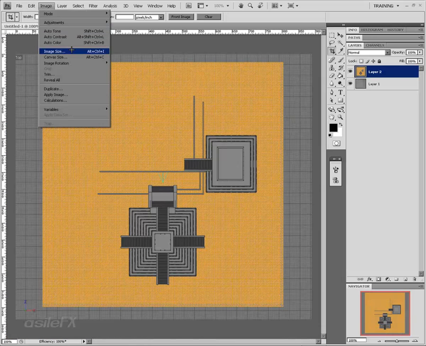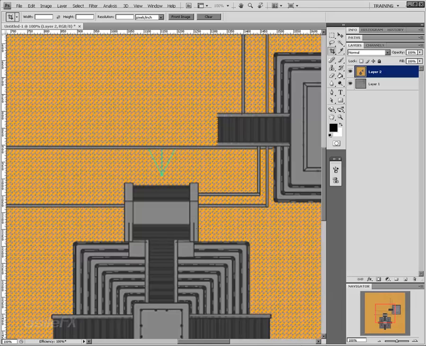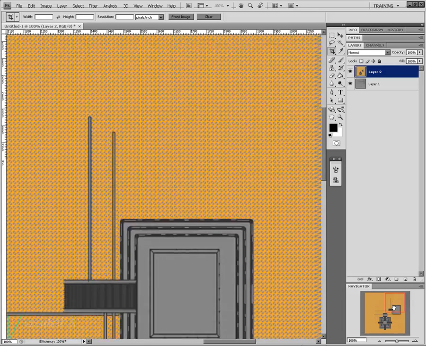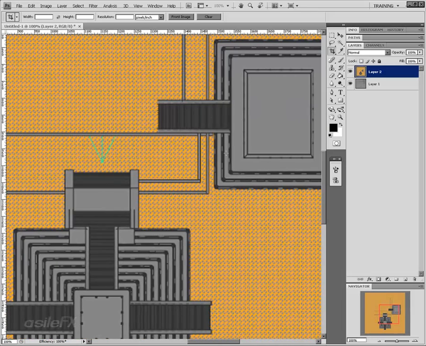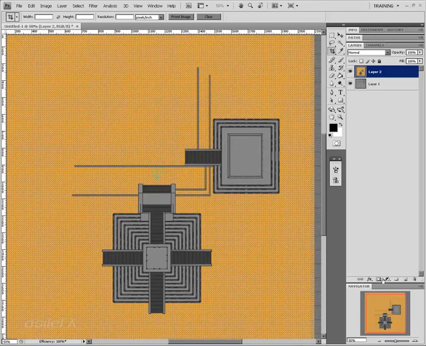So what I want to do is change the image size. And I'm just going to change the height to 2048. We'll probably end up changing that. But for now, that should be a good starter. And I'm going to select the bicubic sharper to see if I can keep some of those nice sharp lines in there. And it looks like that should work out pretty well. So what we need to do